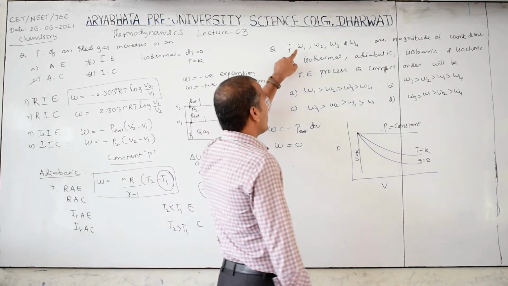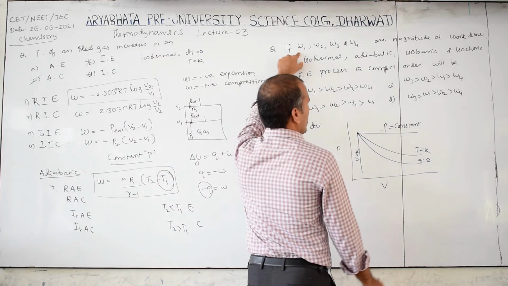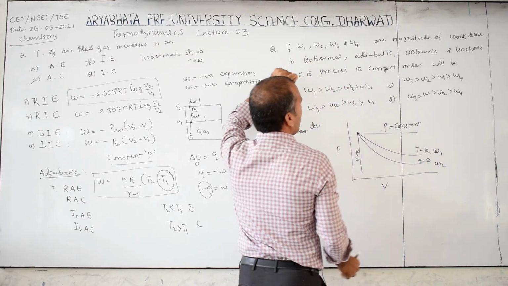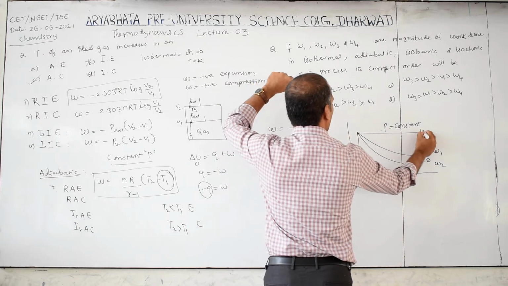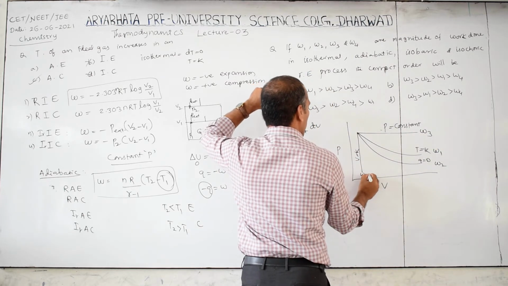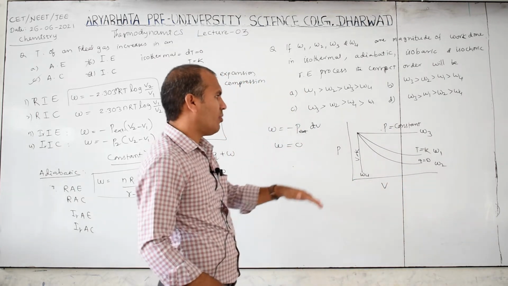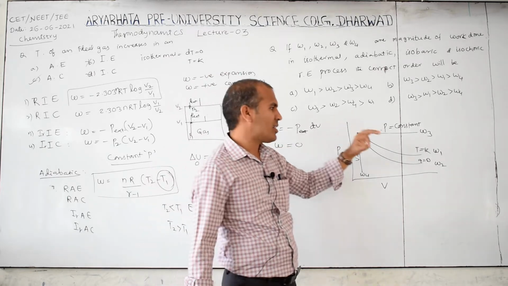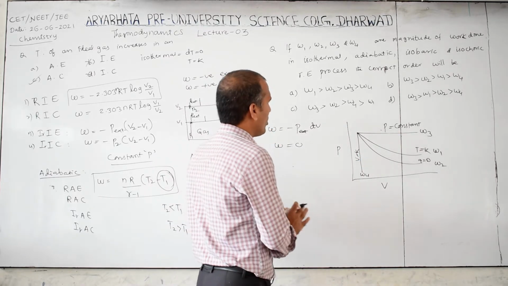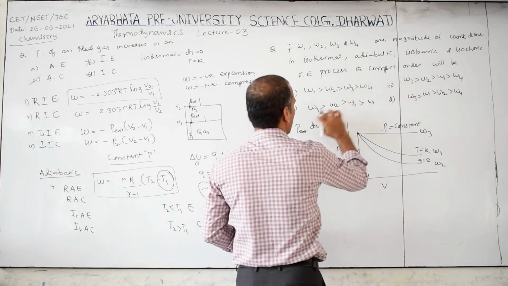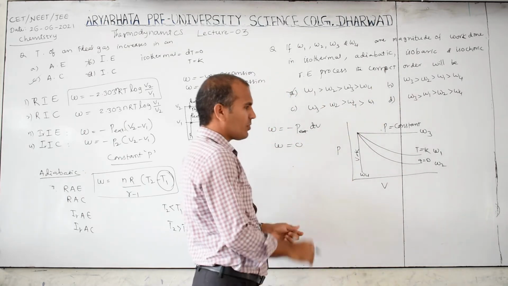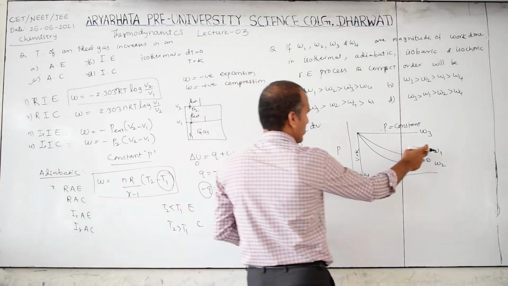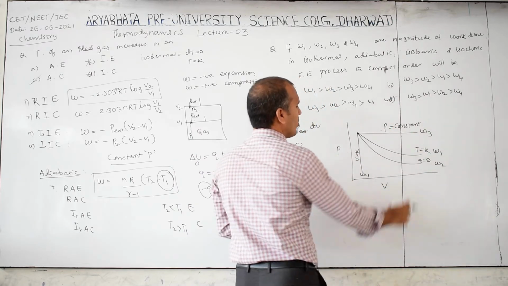Now according to this, which one is W1? Isothermal, this is W1. Adiabatic, this is W2. Next isobaric, this is W3. And this one is W4. Because the area under the curve is the work done, which is the highest work done? W3. With W3 first, options B, C, D are there, so option A is not the answer. Then next is W1, which is greater. Then which option is this? Option D, next W2, next W4.